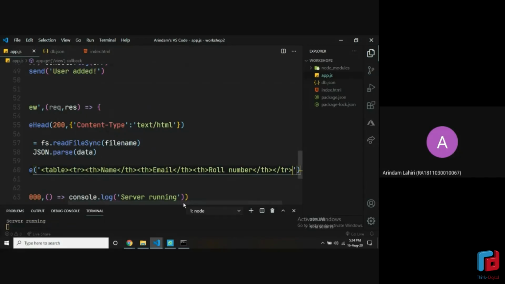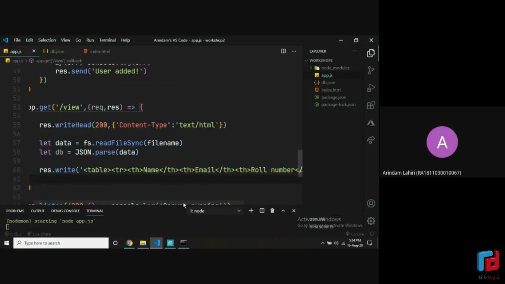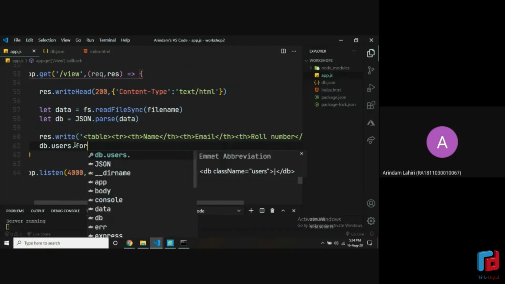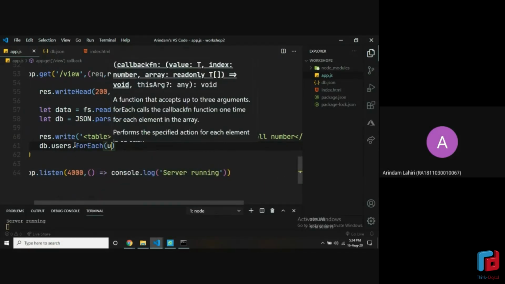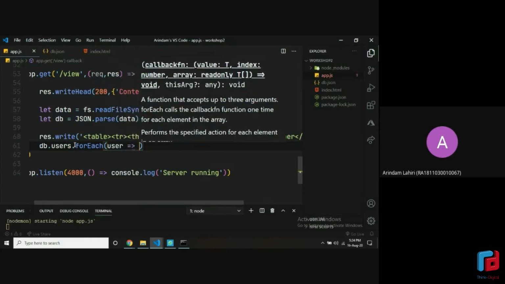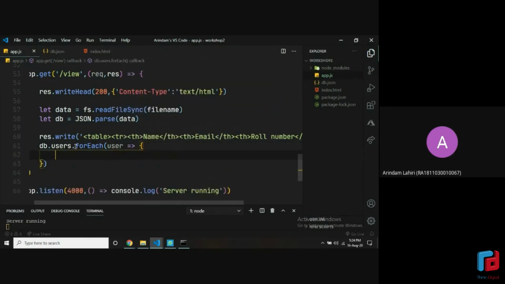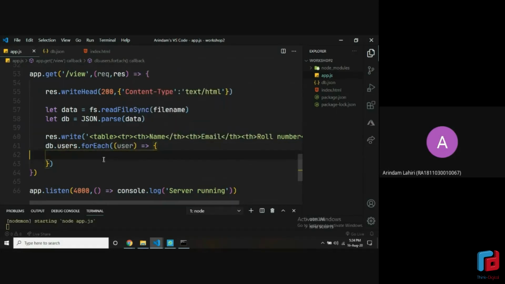All right. Now we need to go through the array. In DB, we have the database, the users which we want. If you remember, earlier I told you what forEach is, and we'll be using it here. Inside this, if you notice, I'm not using any parentheses around this attribute. This is because in an arrow function, if there's only one attribute, you don't need to put parentheses. For now, let's just put them so that you can understand it's an attribute, the user.